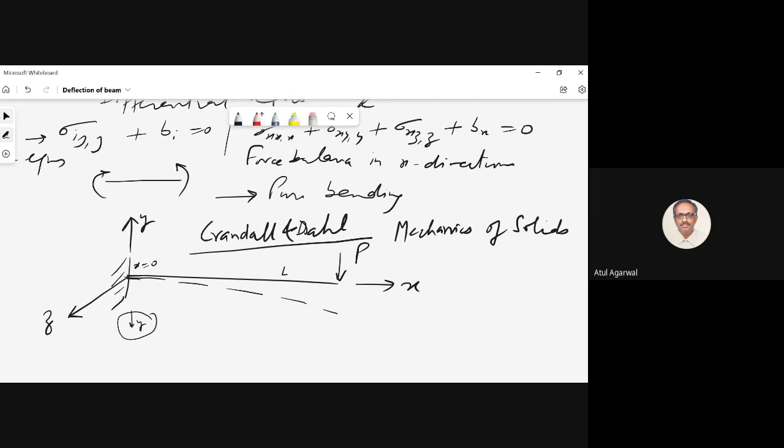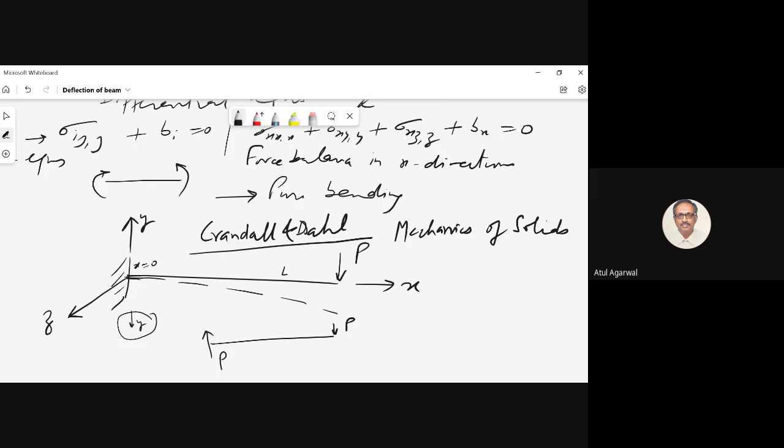Now here, you see our bending moment is not uniform. You will find that, if we draw a bending moment diagram, first we can draw a free body diagram of the beam. So you see, if you want to equilibrate this beam, you apply a force P here. The two are making a couple.